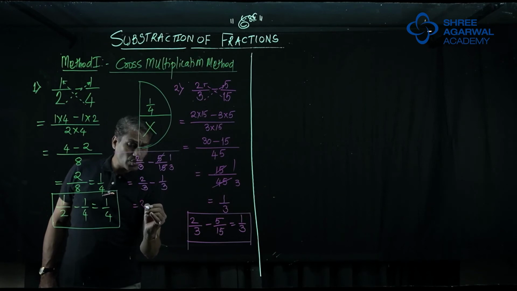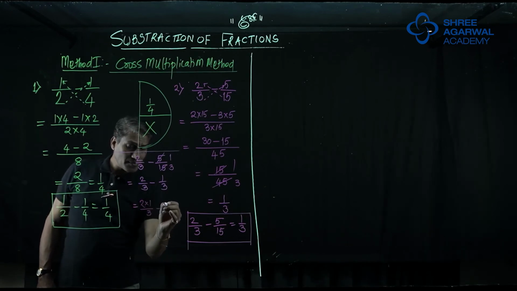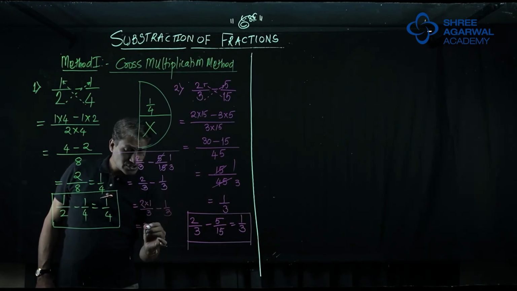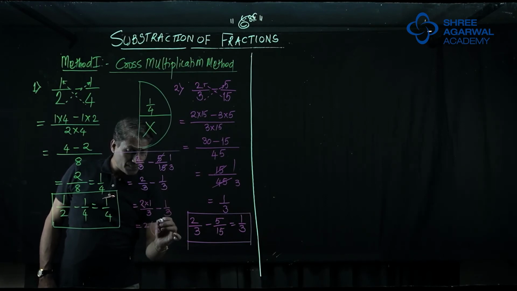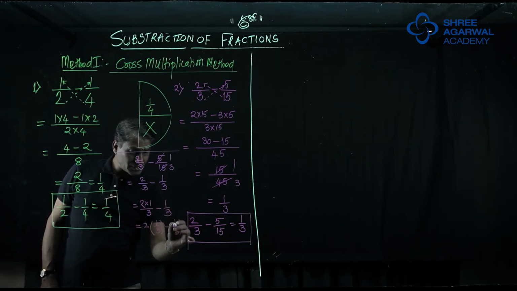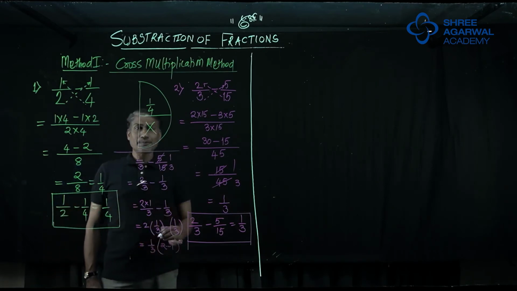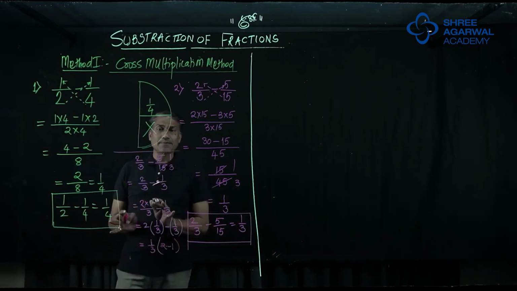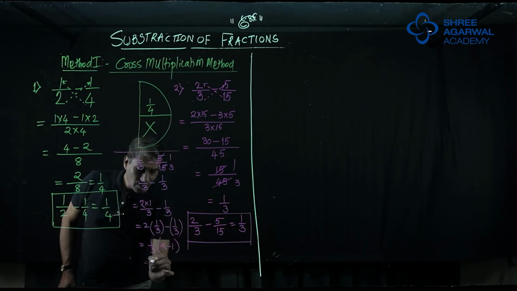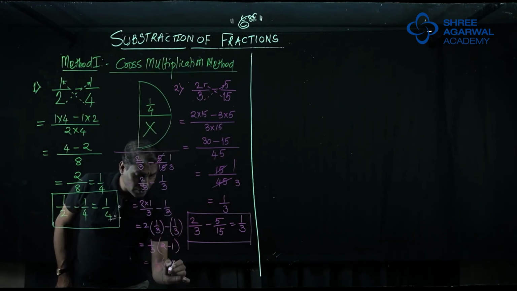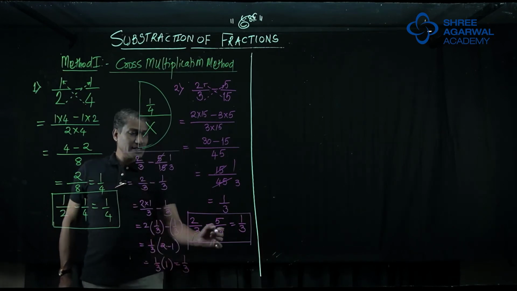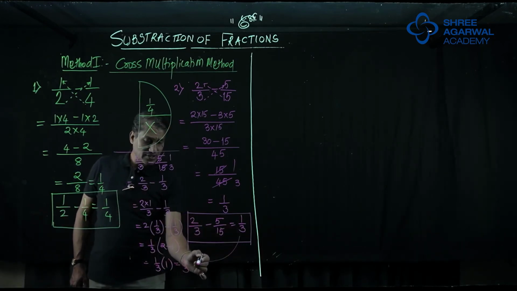See, this is 2 1s are 2 upon 3 minus 1 upon 3. This 2 I take as integer, 1 upon 3 minus 1 upon 3. Now in these two terms 1 upon 3 is common. What remains inside is 2 minus 1. Do you understand? We took 1 upon 3 common, and now what will remain? 1 upon 3 into 1. 2 minus 1 is 1. 1 upon 3 1s are 1 upon 3. Is our answer same? Yes sir.